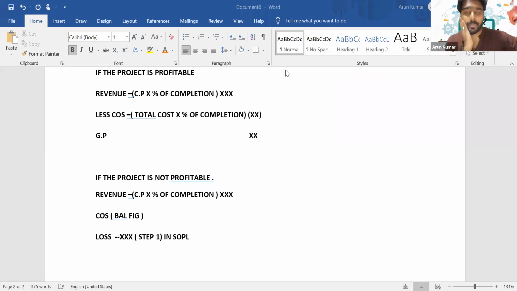Yeah, if there is no percentage of completion, we can recognize revenue up to whatever cost is incurred till date. Consider that we have to read the question completely, and if the question says that all these costs are recoverable, then we can recognize the whole amount. Whatever cost we have incurred till date, we can recognize it as revenue.